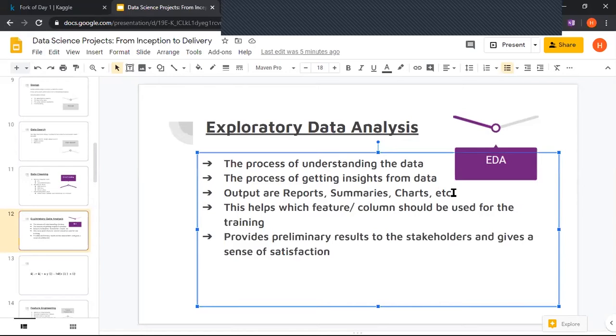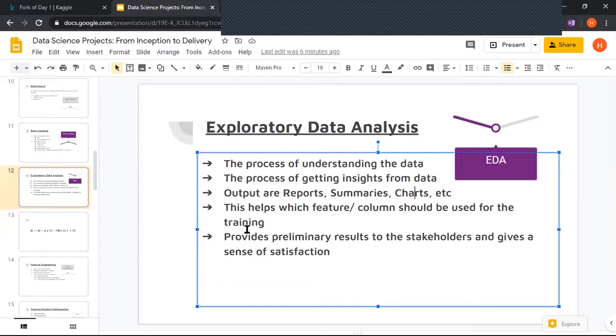They may be executive reports, executive summaries, which are usually a paragraph or a page. Then we can have long form summaries. We can have charts like bar charts, line charts. Always if we are showing a chart, there has to be a story attached to it, showing why exactly we have made this chart and what are the results that we are getting. It will be much more clear when we'll see the code examples.